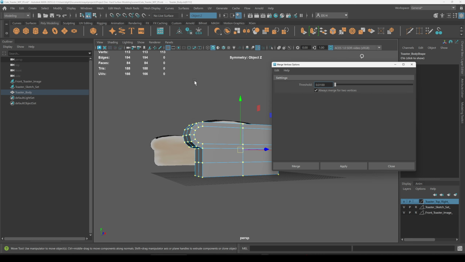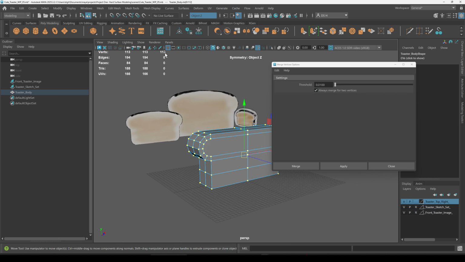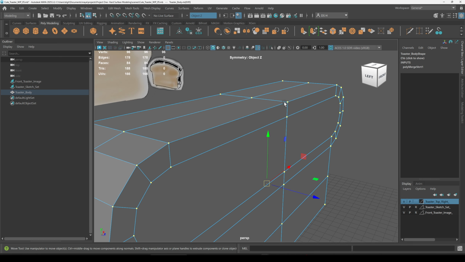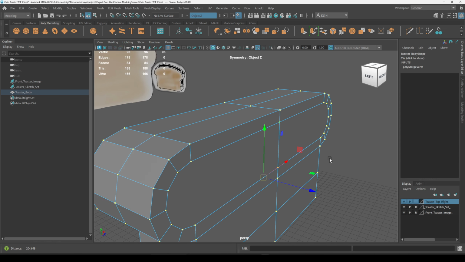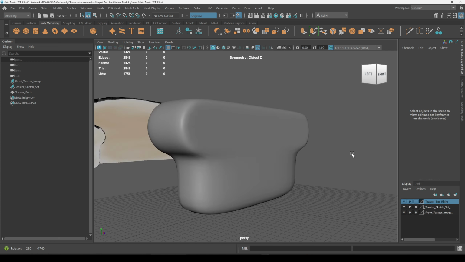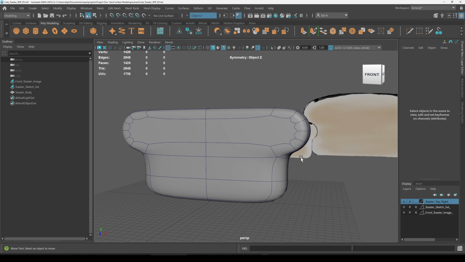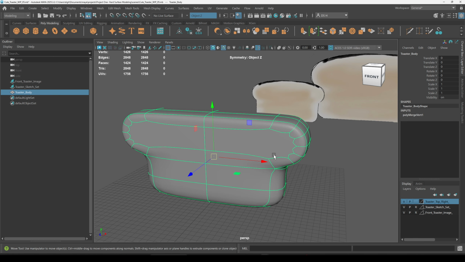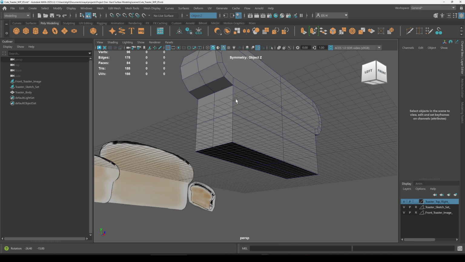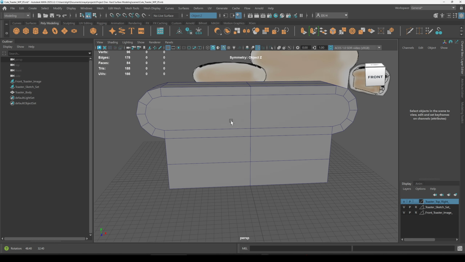This is a default. Look what happens when I press apply. See, it dropped down to 96. That means that it merged any vertices that are like in 0.01 decimals away from each other. And now it's one mesh. Alt 5, wireframe unshaded. Select it, press 1 to get out of smooth mode. Alright, now